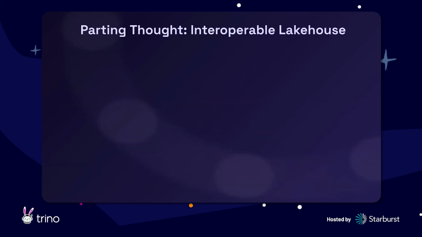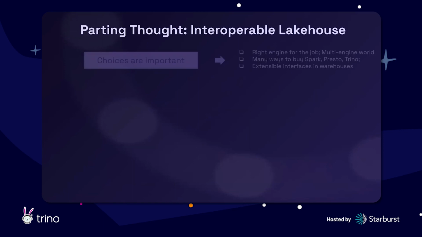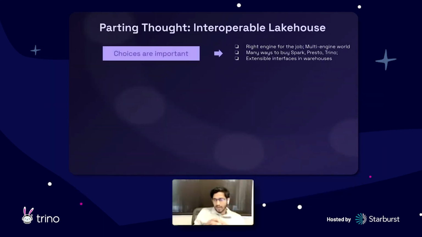And what I've seen many people move towards is roughly an architecture like this, where you get your raw data into a lake, you ingest it into the lake, you do the ETLs there using Spark or Flink or Hive or Trino or Presto or some lake engine. And then you move the data into the warehouse for serving, depending on cost and performance, right? And that's what I call an interoperable lakehouse, where you get unlocked to many engines, not just one engine, and many frameworks for ETL and many frameworks for querying in an open format.